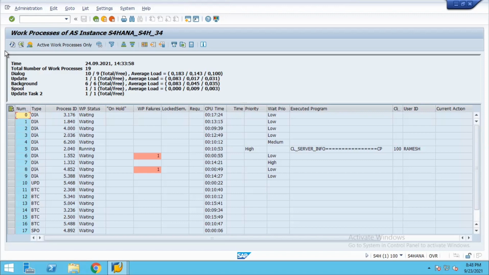The switching is possible. An update work process can be converted to background anytime. From update to background anytime we can convert this. So whenever you want, you can do that. Internal switching anytime we can do it. So there is no fixed formula